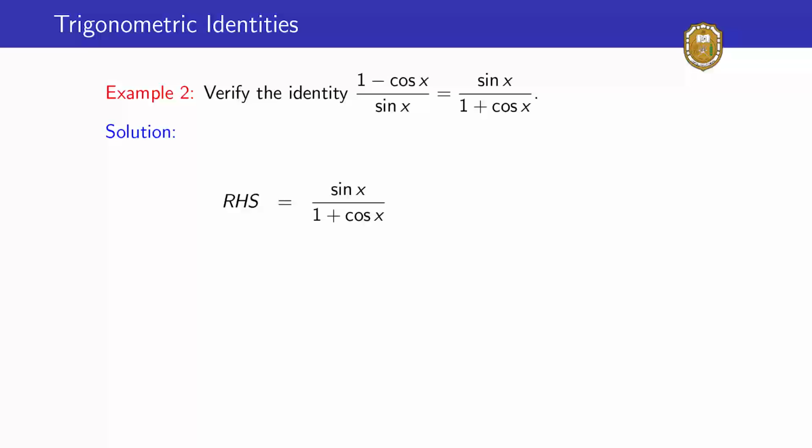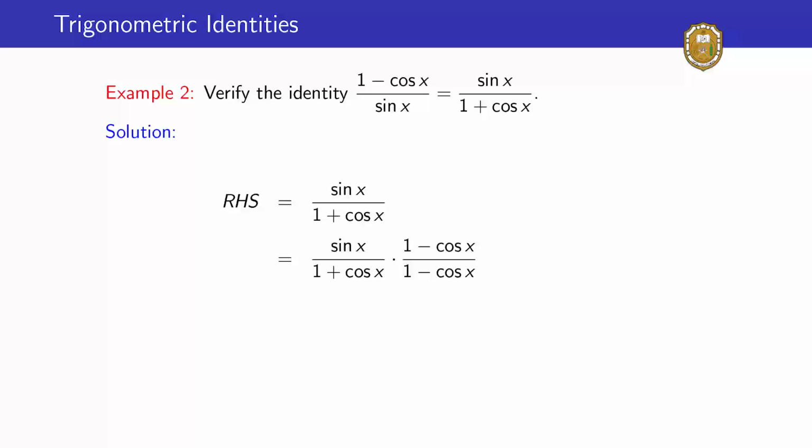So we look for a way of introducing a cos square so that we can use the identity sin square x plus cos square x is equal to 1. So since we have 1 plus cos x in the denominator, we know that if we multiply that by 1 minus cos x, then we get 1 minus cos square x. So that suggests that we are going to multiply both the numerator and the denominator by the term 1 minus